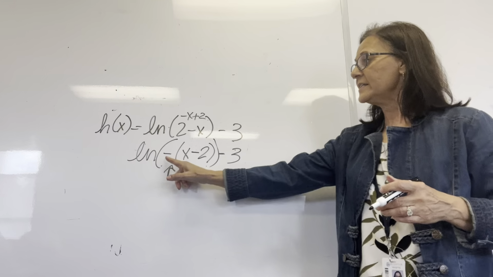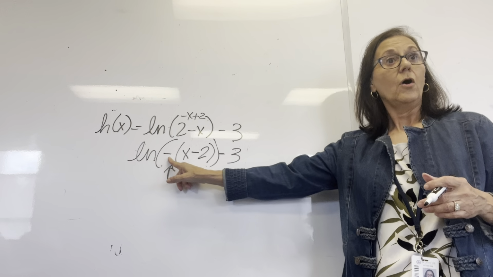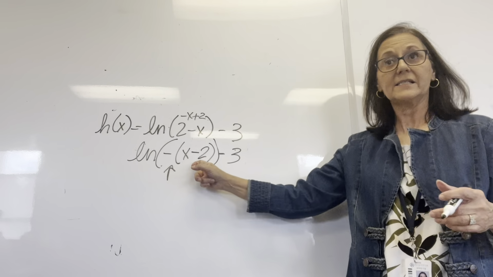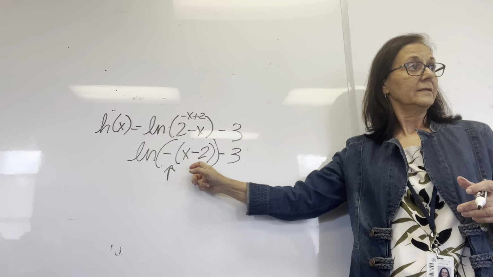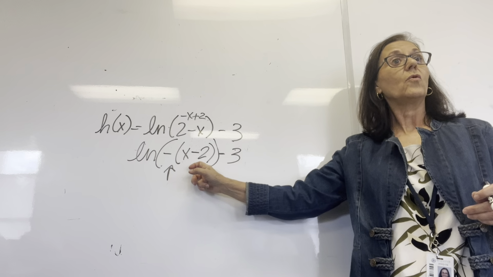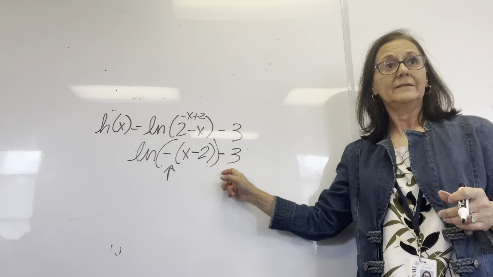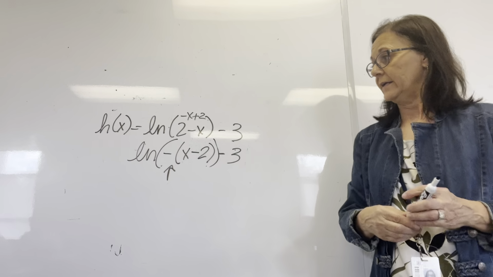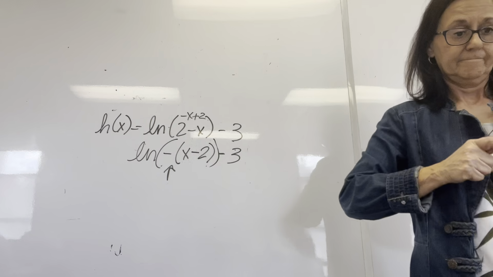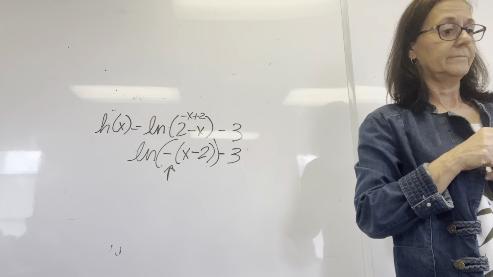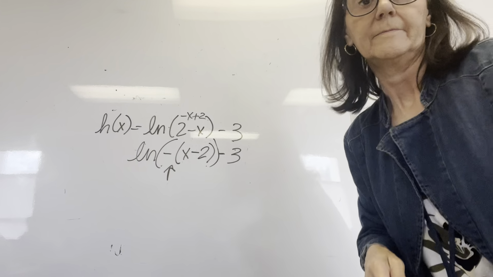So this is a reflection across the y-axis. It's a horizontal shift right by 2 and a vertical shift down by 3. Got it? So to graph this one, should we do the same thing we did last